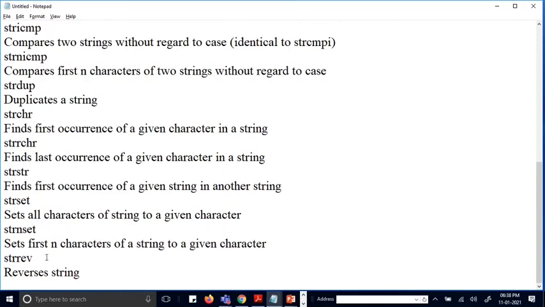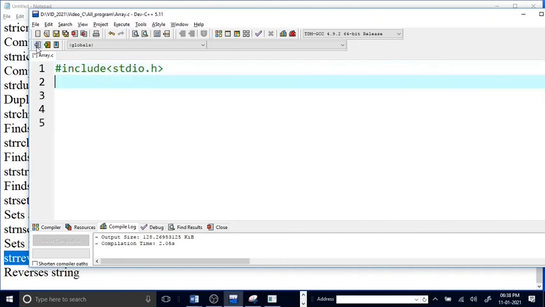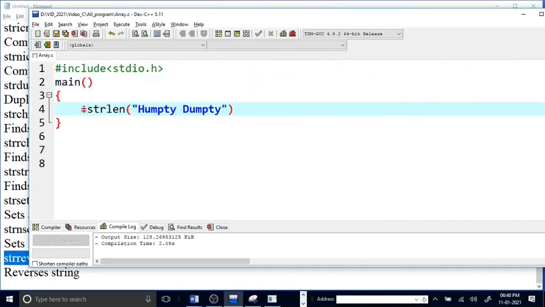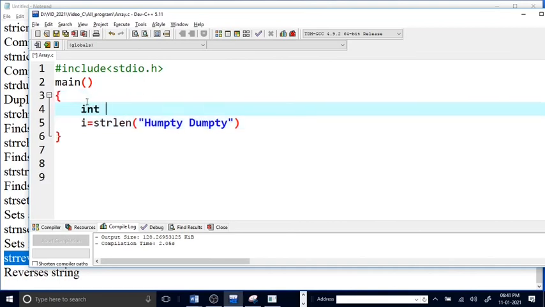And then finally we have string reverse. Let's say we include the header, and we're storing the length in i, declaring it as int i.